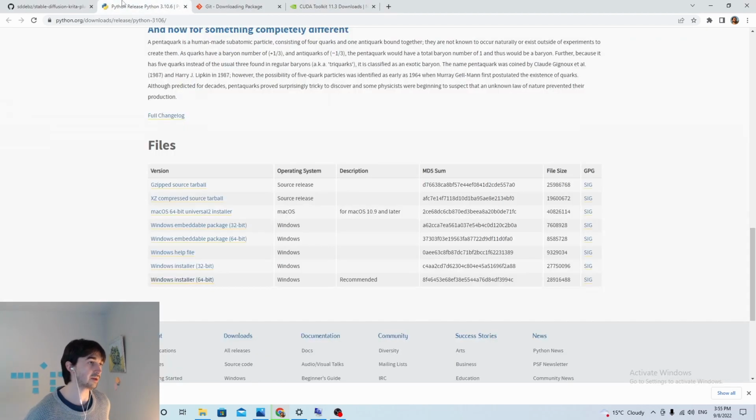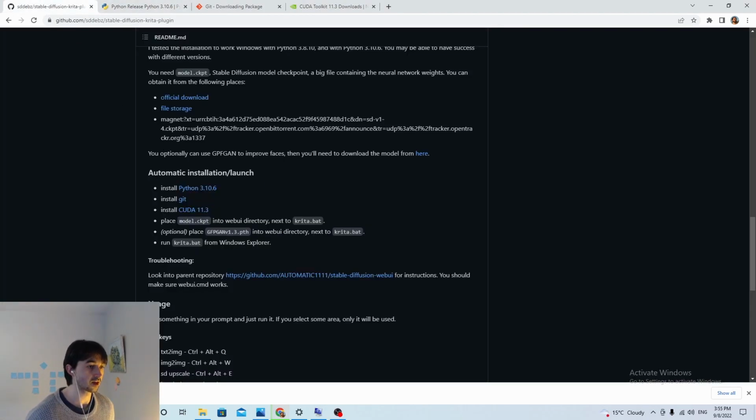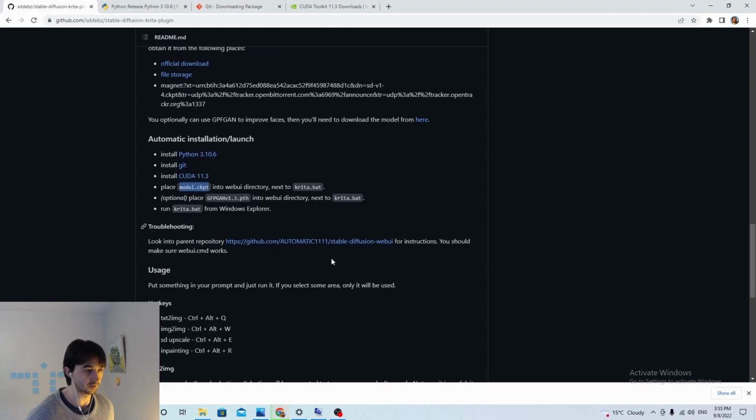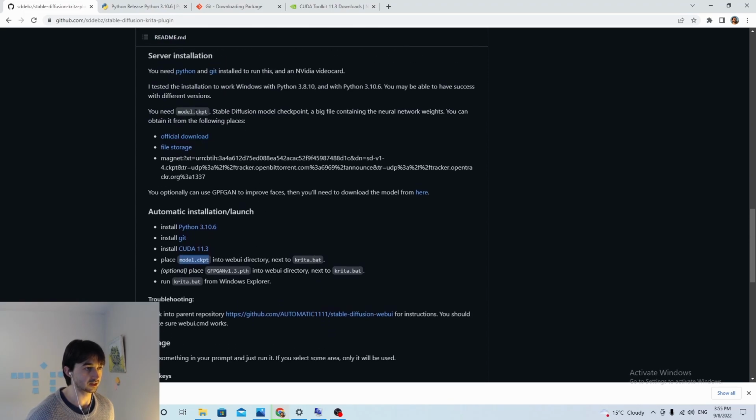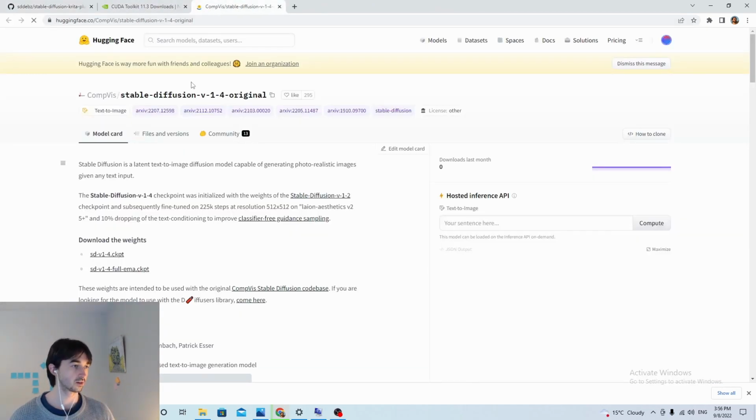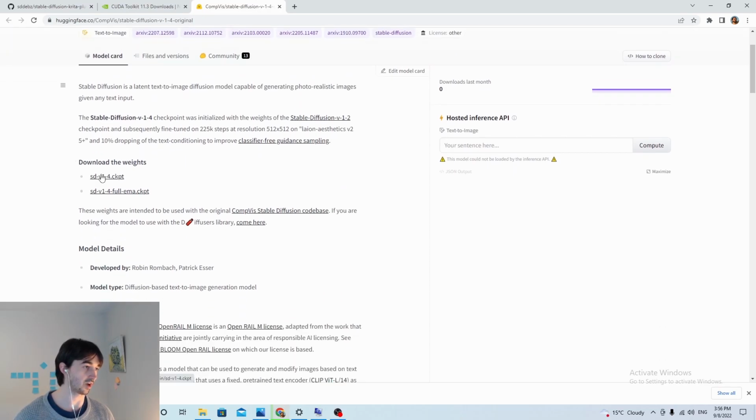Okay, this is downloading. Maybe we can do something else in the meantime. Okay, the next thing we're going to have to do is download this thing called model.ckpt. What this is, is a machine learning model file. We can close these tabs because they're not important anymore. Okay, and then it's given us this page. Great. Now I don't know what EMA is, but this one's probably fine. So I'm going to